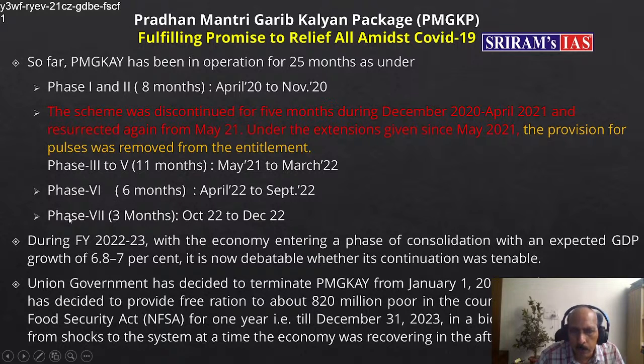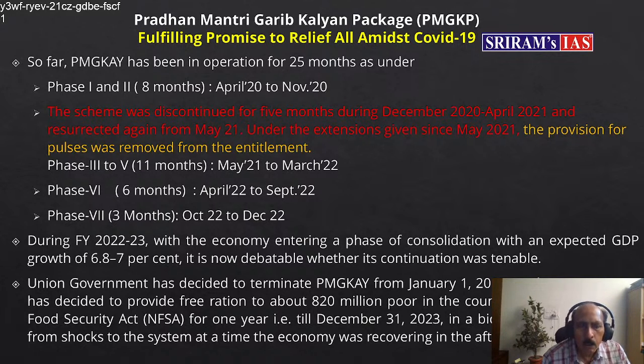And phase 7 started when it was extended from October 22 to December 22. It means even after the pandemic was over, even after the risk and the fear of the pandemic and the impact of the pandemic on the poor people gradually diluted over a period of time, the government continued to provide free 5 kg food grains to the 82 crore people under the